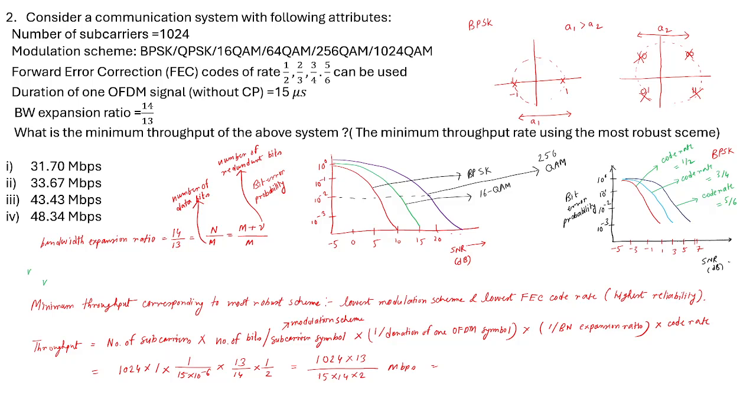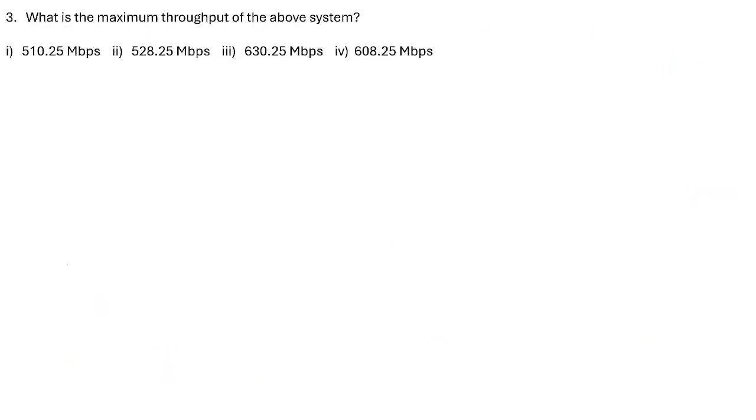1024 times 13 divided by 15 divided by 14 divided by 2. Okay, it comes out to be, if I approximate to 2 decimals, 31.70 Mbps. So the minimum throughput for the above system comes out to be 31.70 Mbps. Okay, now on the opposite extreme, this third question asks what is the maximum throughput we can achieve